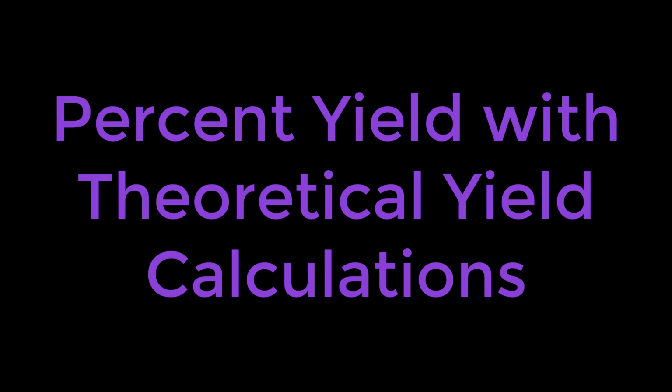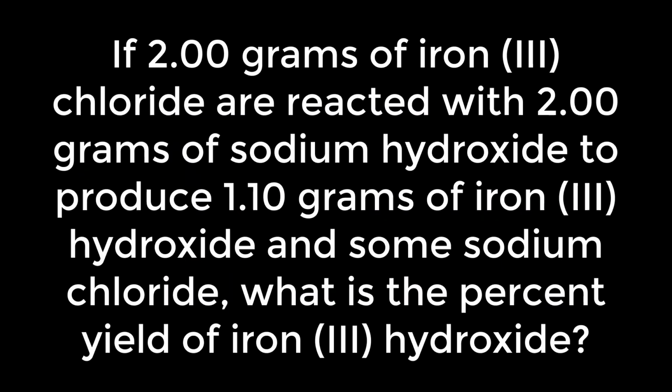In this video, we are going to look at a percent yield problem, which also includes theoretical yield calculations. Here is our question. If 2 grams of iron 3 chloride are reacted with 2 grams of sodium hydroxide to produce 1.10 grams of iron 3 hydroxide and some additional sodium chloride, what is the percent yield of iron 3